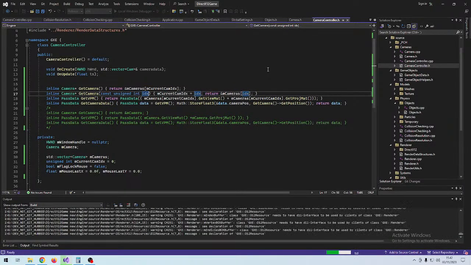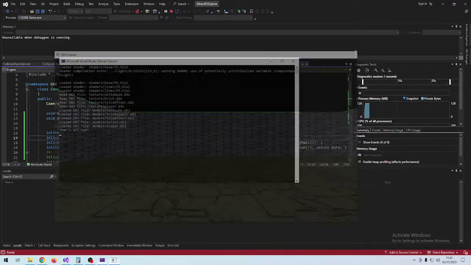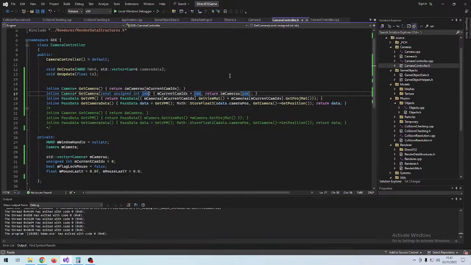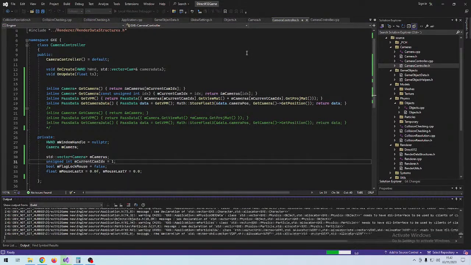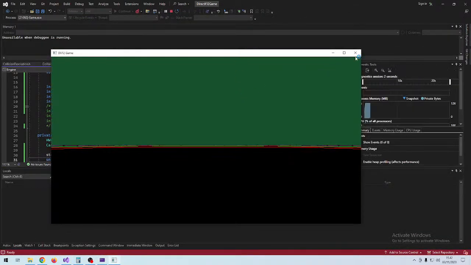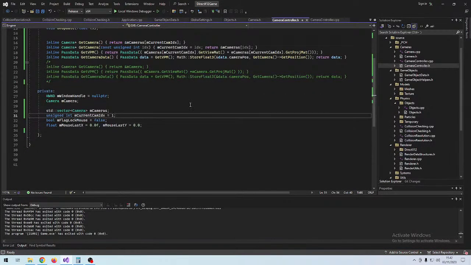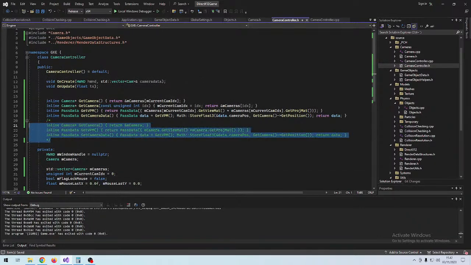There we go. So now we can't move our camera, which is natural because right now our movement stuff is different. Let's see. Yeah, so we have a camera that is positioned at the origin, but as you can see, it actually worked,